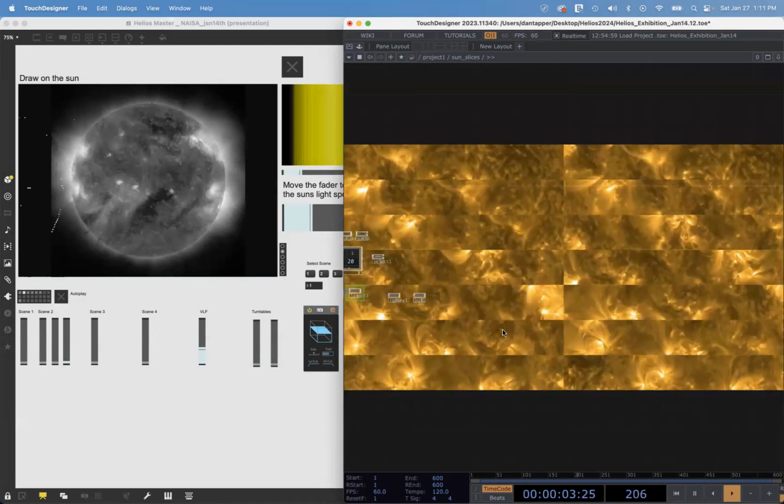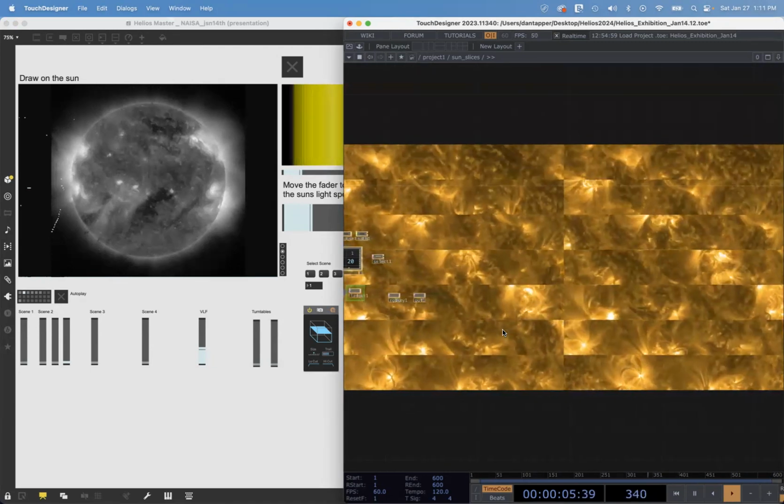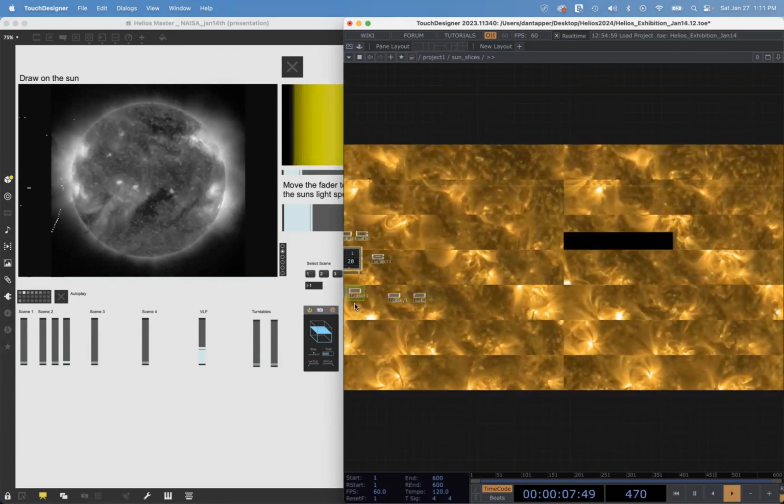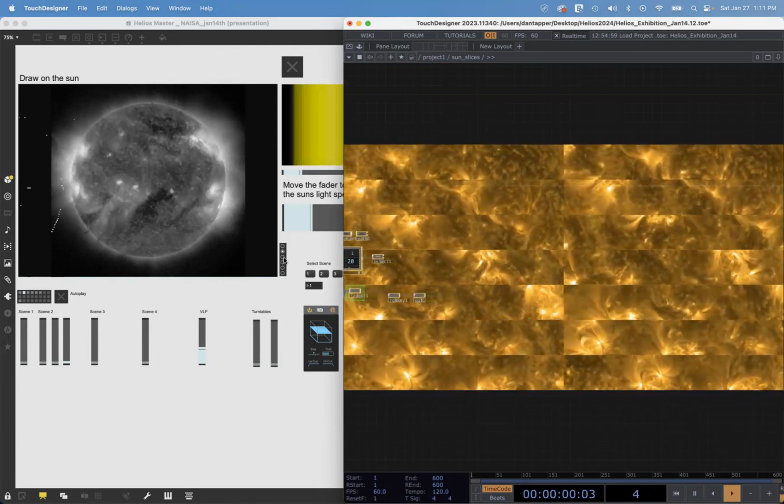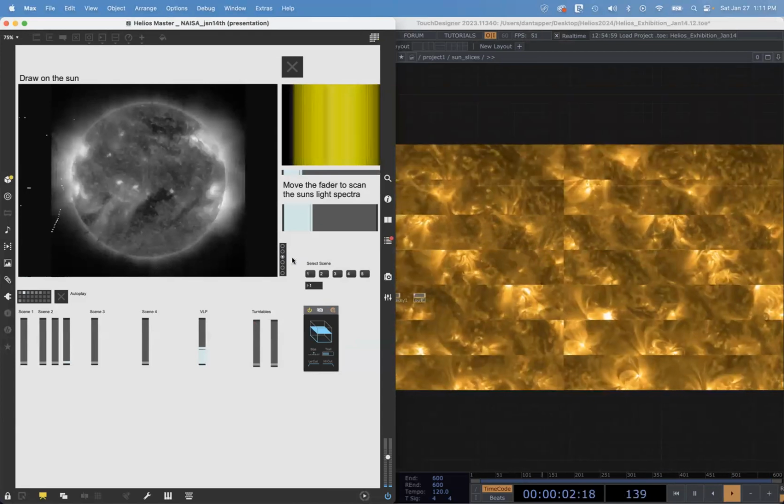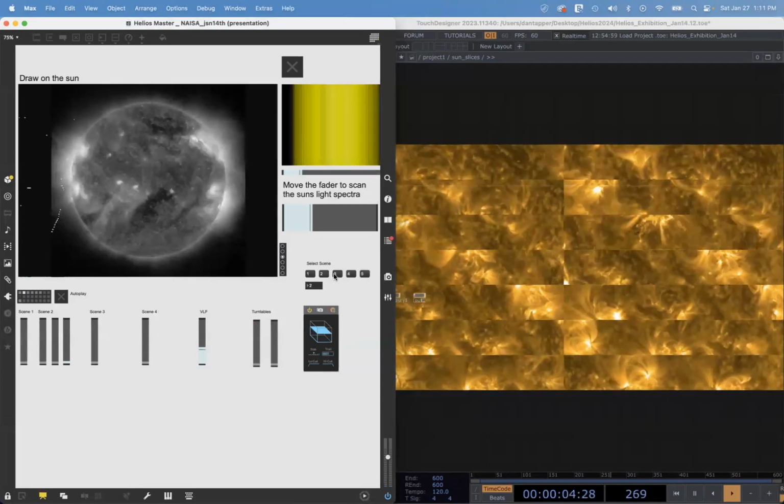I'll talk a bit later about how I would turn this type of imagery into sound and some of the quantitative and maybe more abstract ways I would do that. And if I go to scene,